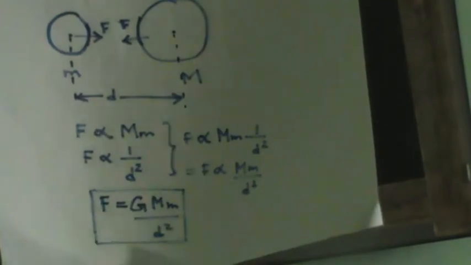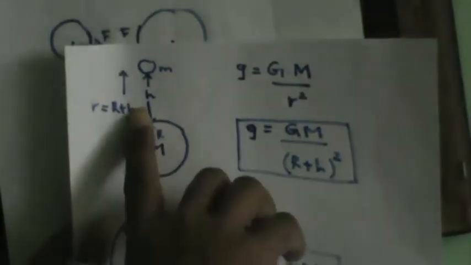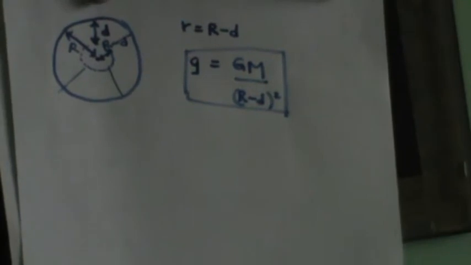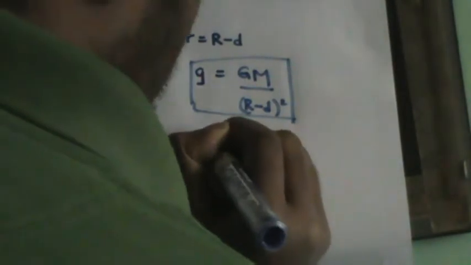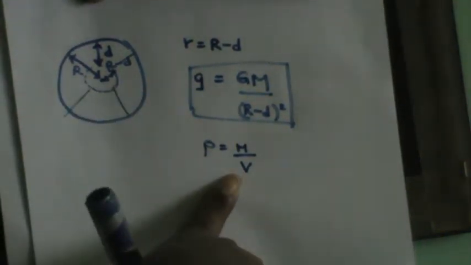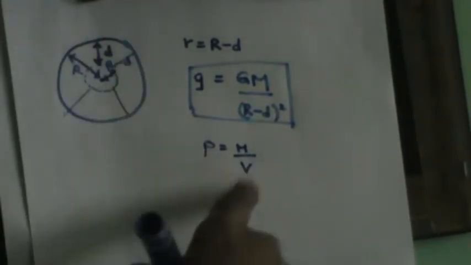So we can find a similar relationship here. In the first part of this video the object was at some height above this surface, but in this instance the object is inside this surface, so we can find a simple relationship as we found in the previous video. In order to get a relationship, what we did was that we found the value of m using rho equals m by v. So we found the mass of this object using the cross multiplication of rho and v. So m is equal to rho v,